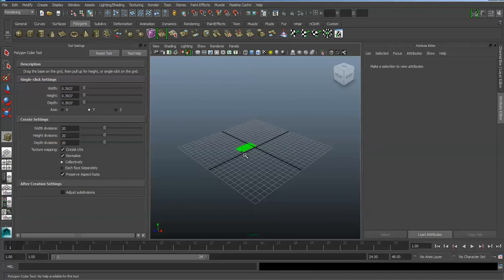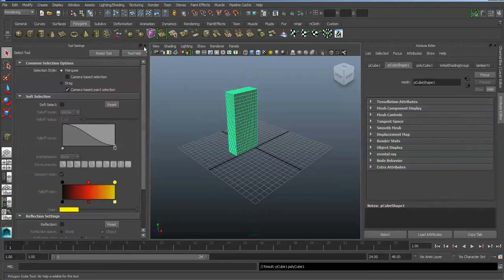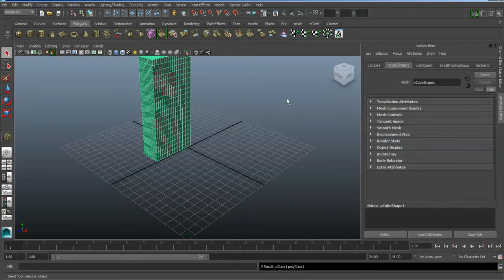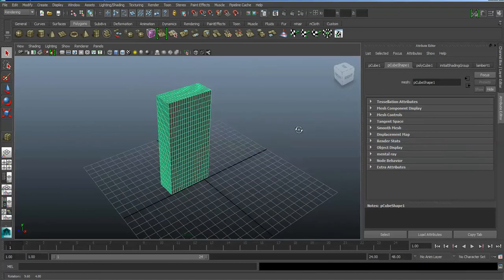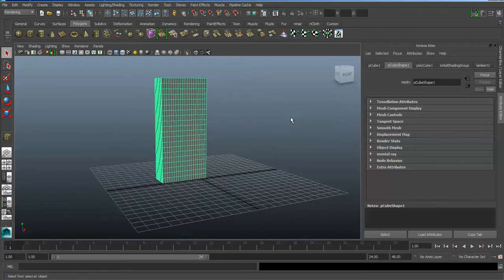So now I can just click and drag it up. Okay, and close that window out. Move this down and rotate it. All right, so here's our flour sack. You see we have a good number of polygons to work with, so it's going to be a little bit organic to get the details we need. So before I add any modifiers or anything, let me go in,